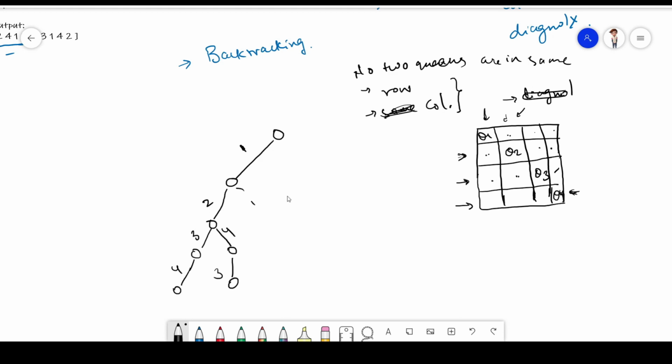So for when this will be over, then I will come over to 2. I can move 2 over here, and q3 can be moved over here or here, and q4 for this one can only be moved over here, right? So there are many possibilities: 3 possibilities for this, 2 possibilities for this, and 1 possibility for 4. Okay.